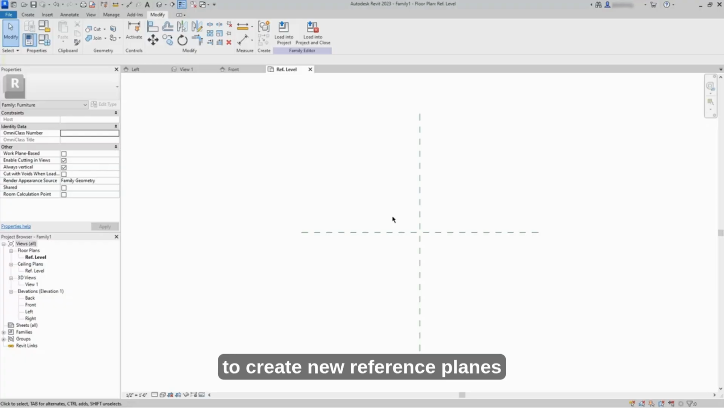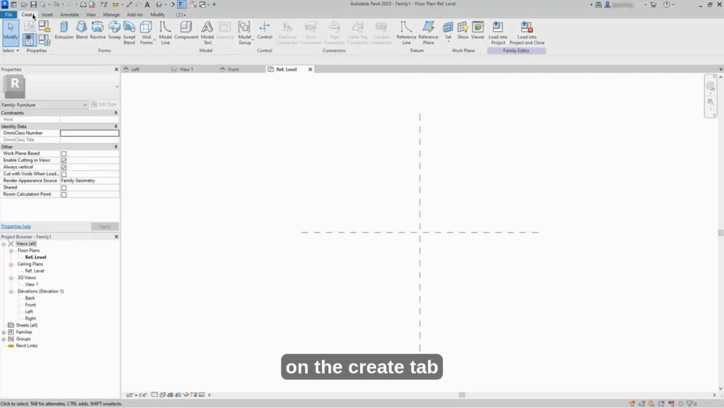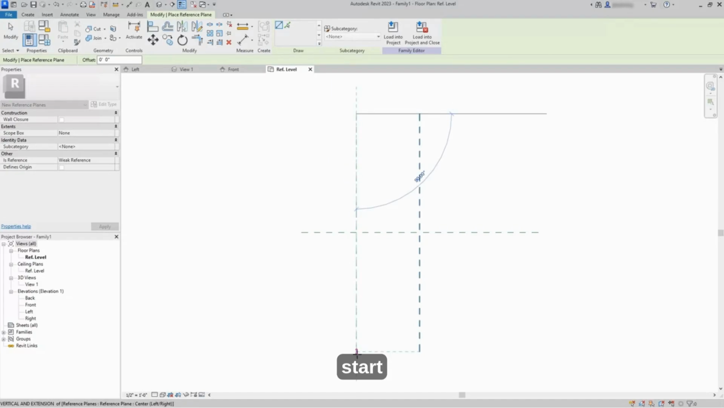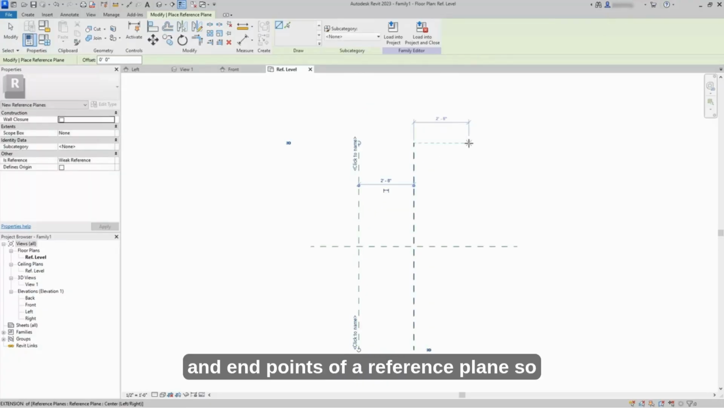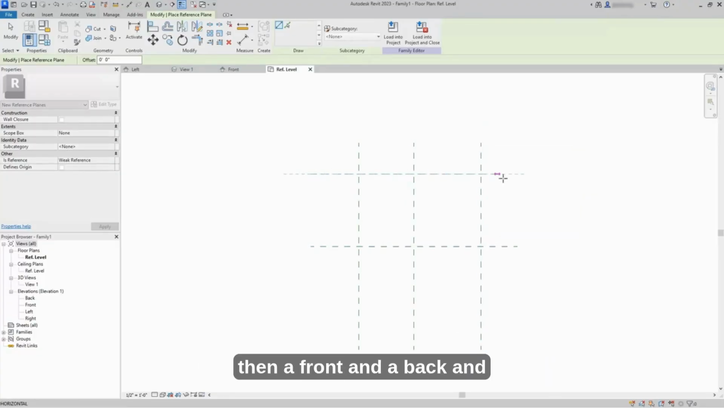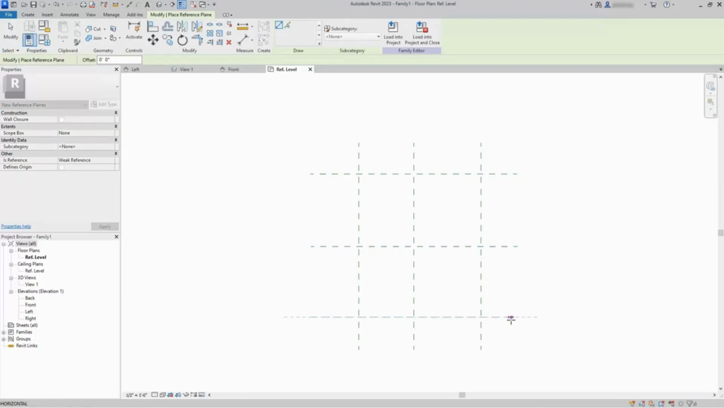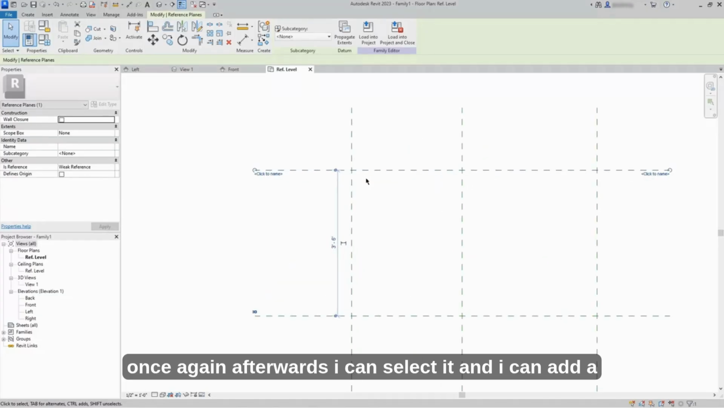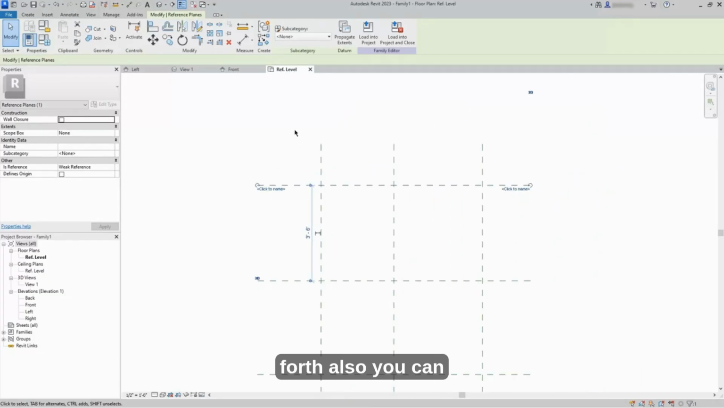To create new reference planes, on the Create tab in the Datum panel, click Reference Plane, and then you can simply click 2 points to place the start and end points of a reference plane. So I'm going to place a left and a right, and then a front and a back. And then I'll click Modify to end the command. And once again, afterwards I can select it and I can add a name, adjust the reference, so on and so forth. Also, you can create a new subcategory,